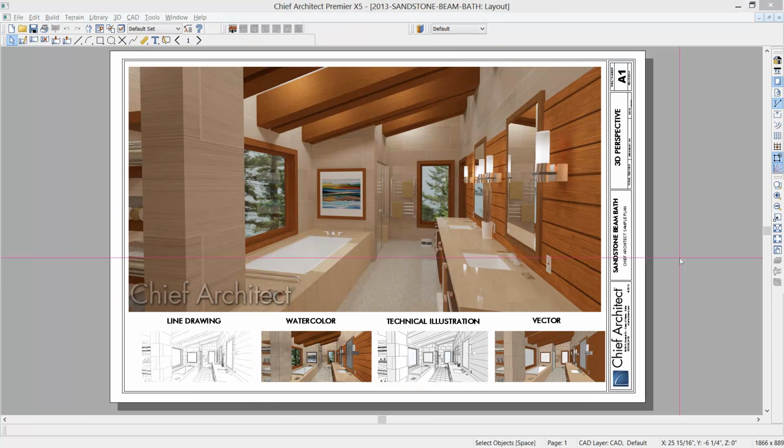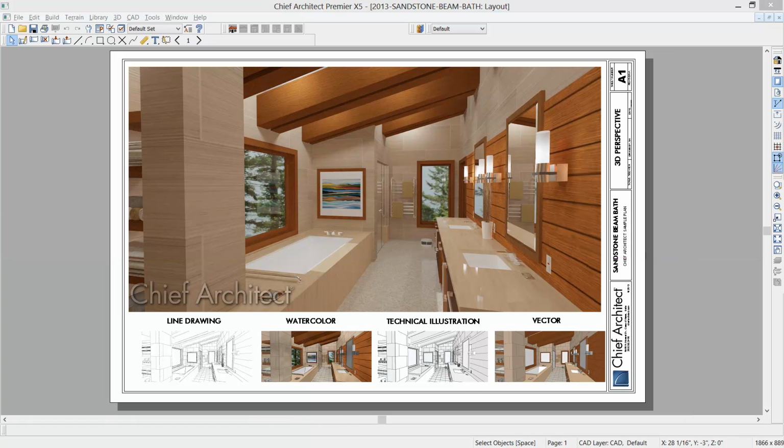We've created the structural elements for the design. We've also created our elevations and applied our materials and textures. The final step is to create your construction drawings. Here on my title page, I've created our 3D perspectives. I've used our ray trace photorealistic image on the top, and then I've used what we call our artistic renderings